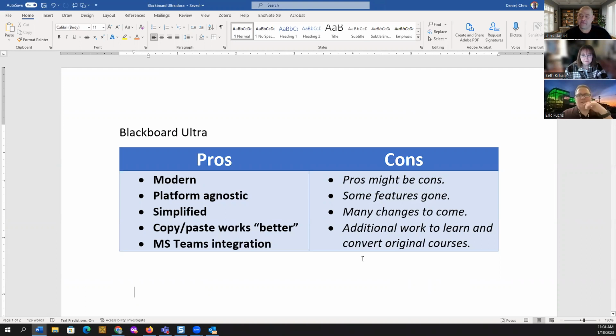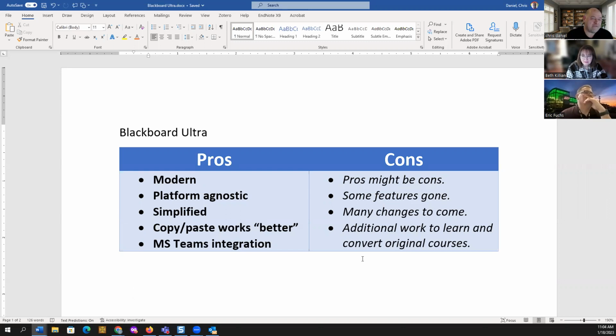If I'm thinking about the future in terms of delivering online content to students, some pros kind of come to mind. Can you all see my little list of pros and cons? Okay. So first of all, it's a modern application based on a modern code base. Original's code base is over 20 years old now, so we constantly find that there are problems with that. Some of these pros that I mention might be cons to you, so it's up to you what you think is important.